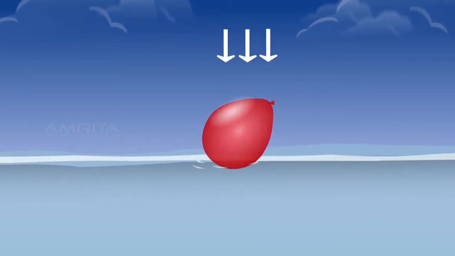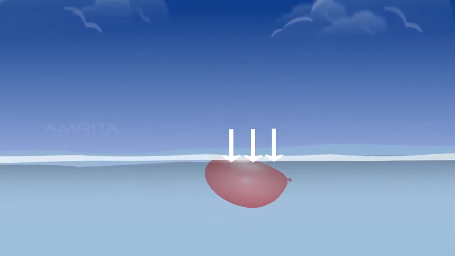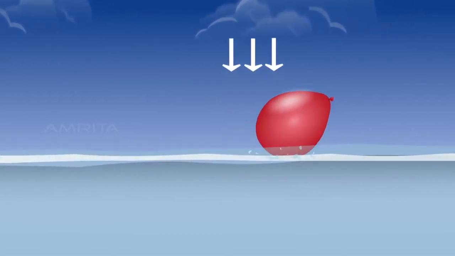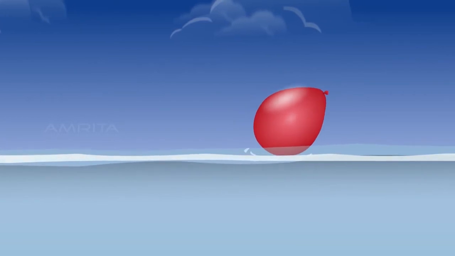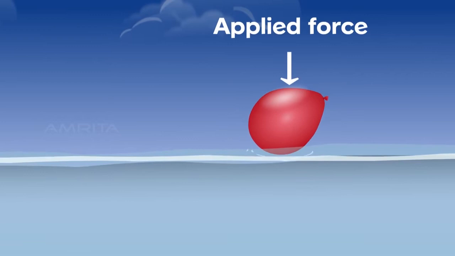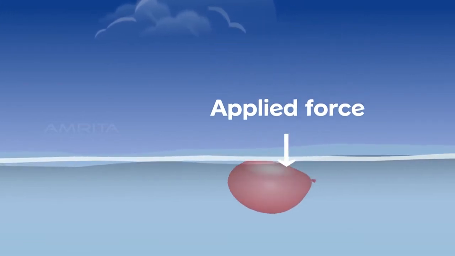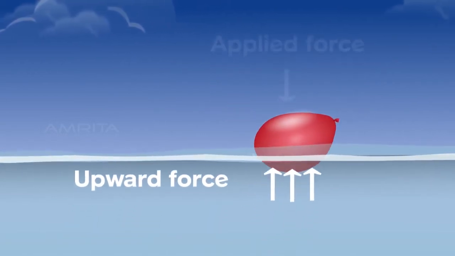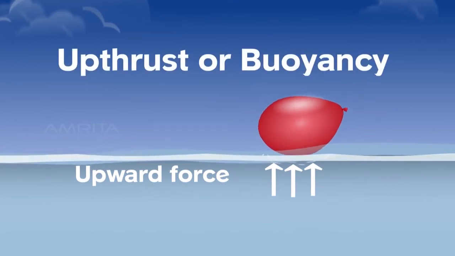To experience this, try pushing the balloon underwater. You will feel an upward force that makes it difficult to push the balloon down. Now release the balloon, it bounces back to the surface. What happens here is that the applied force acts in the downward direction, pushing the balloon down, but the water exerts an upward force on the balloon, pushing it up. This upward force exerted by water on the balloon is known as upthrust or buoyancy, and the upward force is